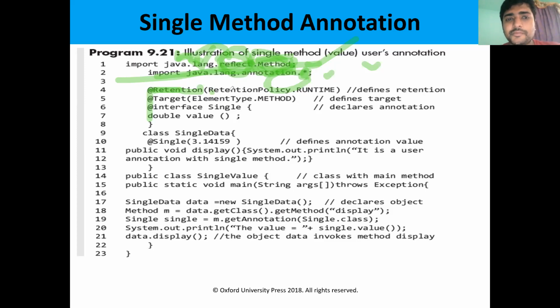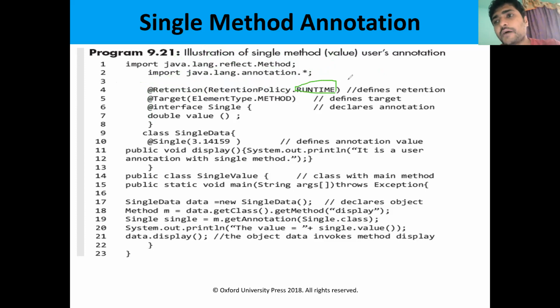So here I'm giving the annotation retention policy as RUNTIME. That means the annotation will be valid up to the execution of the program. Or up to the creation of the class file, then we will give the CLASS retention policy. Like that we can give the